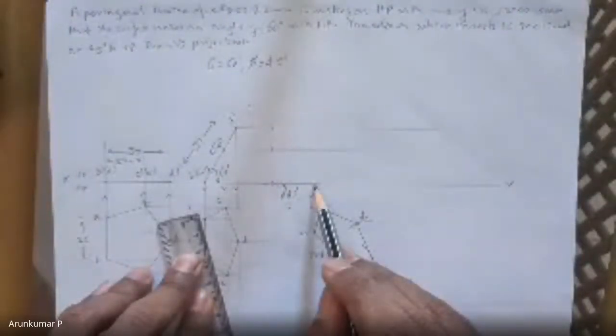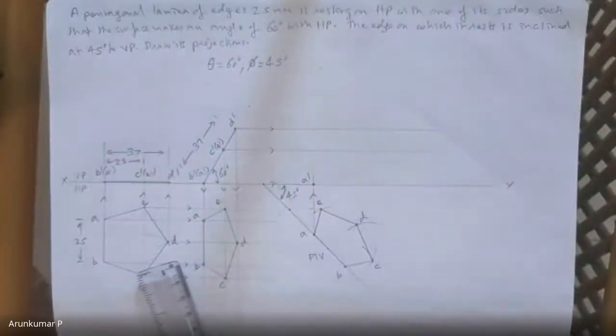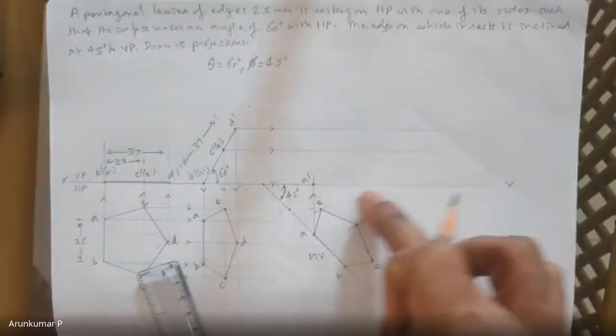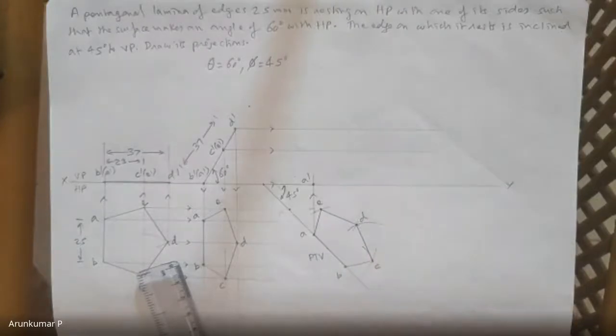Got my point? So you need to project a line till where it intersects or slightly more till the location of the horizontal projector. Now I don't find A dash anywhere on the top. A dash is on XY line. So I'll extend this till XY line only. And this I know is A dash. Done. So one by one you locate and finish it off. Don't draw 5 lines and then see 50 intersection points and then try to figure out. It may lead to confusion.